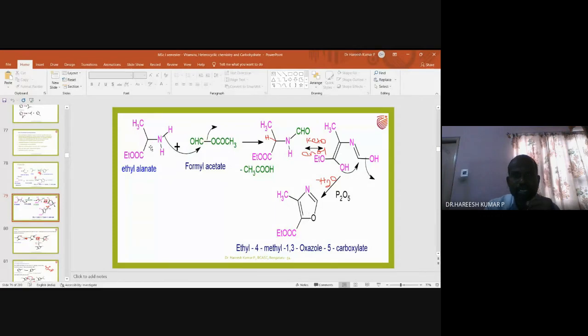So this is the structure of ethyl alanate. This lone pair can form a bond with this carbon. Otherwise, the bond pair itself can form a bond. Suppose the lone pair is forming, then the bond pair will convert into a lone pair. So when there is a new bond formation between this nitrogen